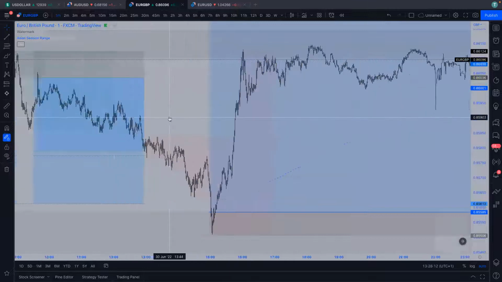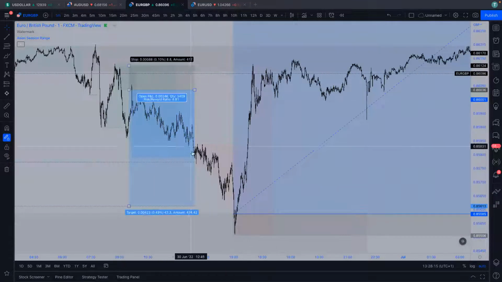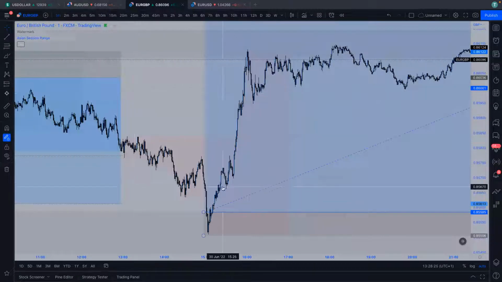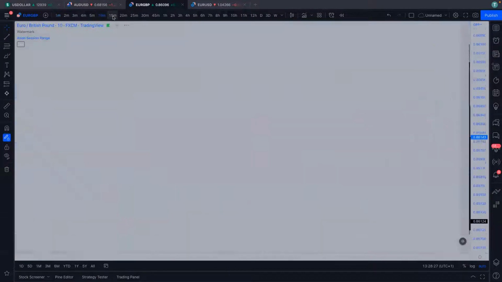And you can see, to be honest, price just really mooned and continued. So as soon as price started to break out a bit, I very quickly put my stop loss to break even just in case price did reverse. And you can see price just really continued from this point.